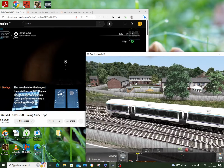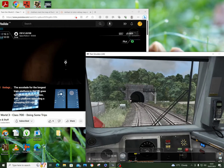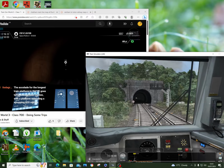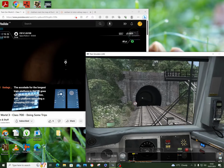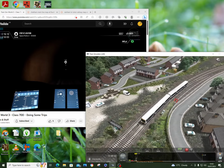The accolade for the longest train platform in the UK goes to Colchester. I always thought it was Gloucester. And someone in Discord said that the actual longest single platform in the UK